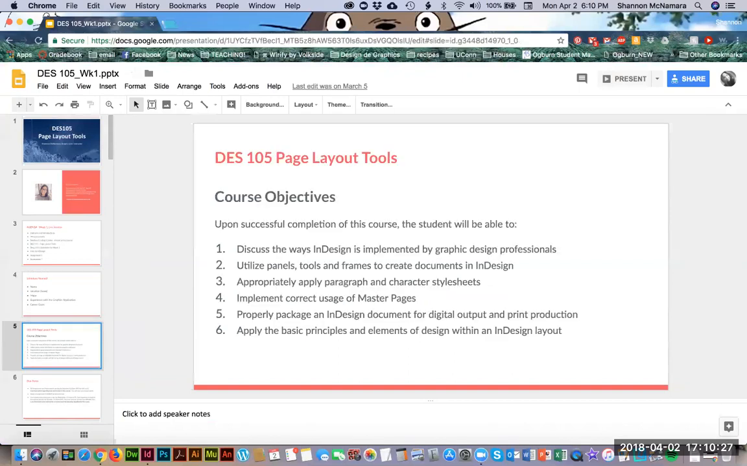So these are our course objectives. Upon successful completion of this course, you should be able to discuss the ways InDesign is implemented by graphic design professionals, so basically how to use it, utilize panels, tools, and frames to create documents in InDesign, appropriately apply paragraph and character style sheets, implement correct usage of master pages, properly package an InDesign document for digital output and print